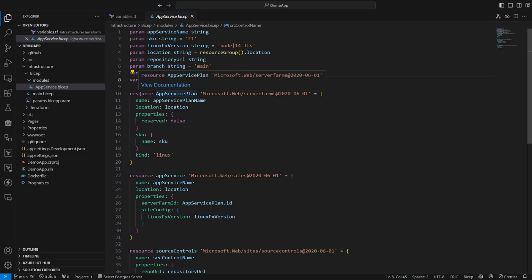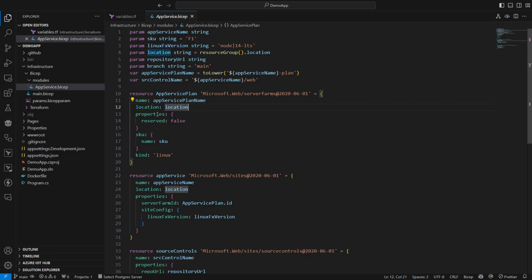So now we define our resources. So again, with the app service plan, we use this string here to identify what version of the API we're talking to. So Bicep talks directly to the API, not requiring a provider. And then we fill in the parameters for that specific API endpoint.